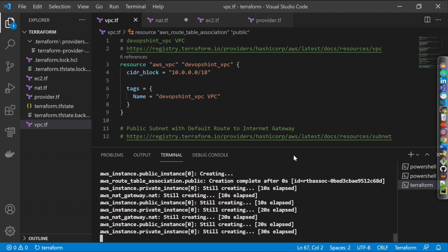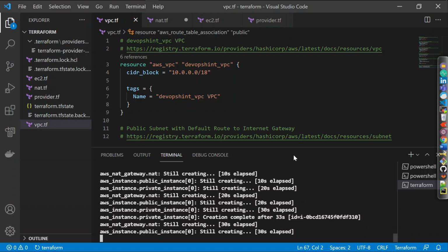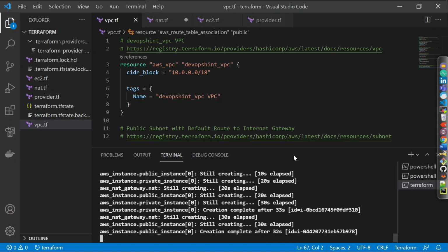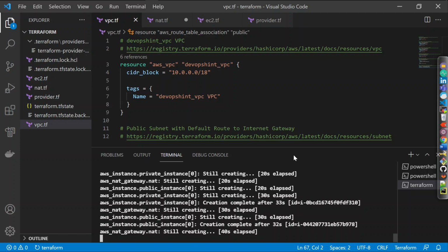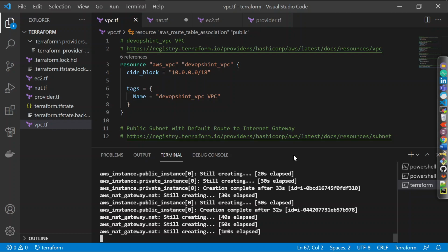Like this it will create one by one. It will take some time.